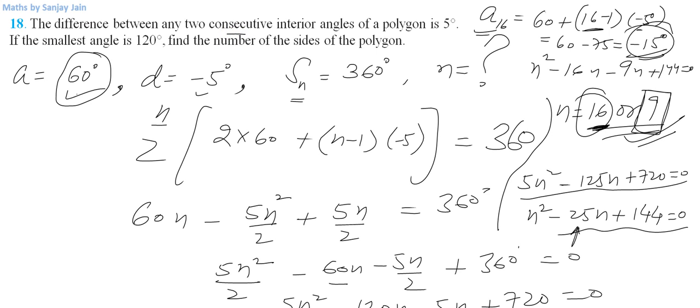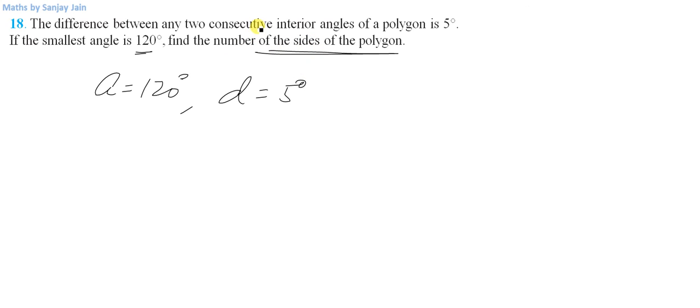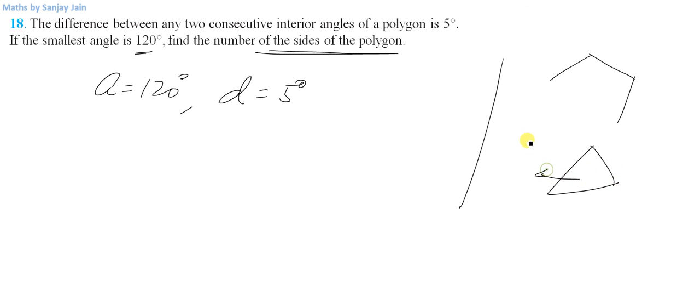You can do this question in this way also, that you consider this as your first term. Common difference is 5 degrees, right? And you need to find the number of sides of this polygon, right? So what is the sum of interior angles of a polygon? Think about a triangle first. The sum of interior angles is 180. Quadrilateral, sum of interior angles is 360 degrees, right? These two things we know. Why? Because I can create two triangles out of this.